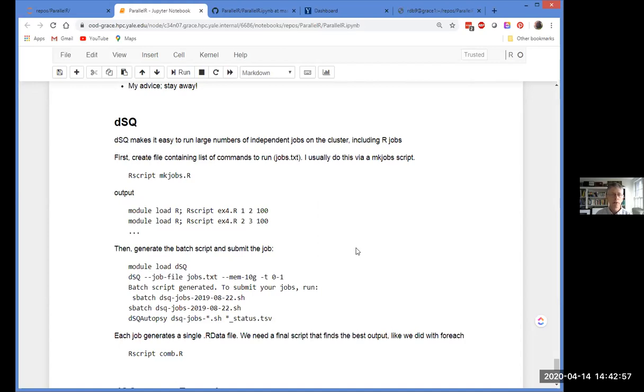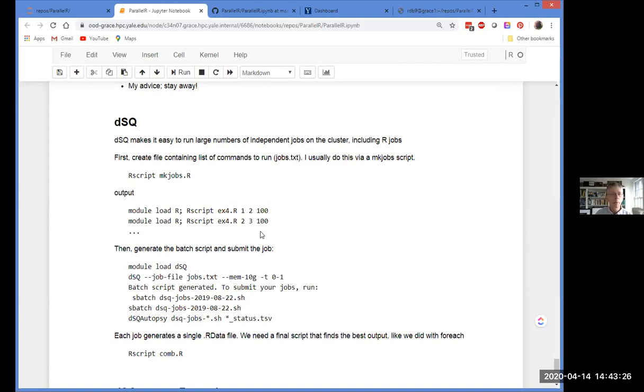So before you launch into taking this R program and you want to run it on a bunch of input sets, rather than go through the trouble of turning it into a parallel R program, you might think about just continuing to run it as a sequential job, but running hundreds or thousands of copies of it at the same time. And that's a mechanism that works really well.